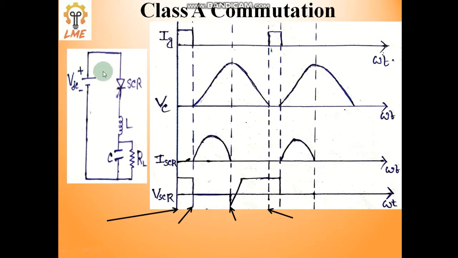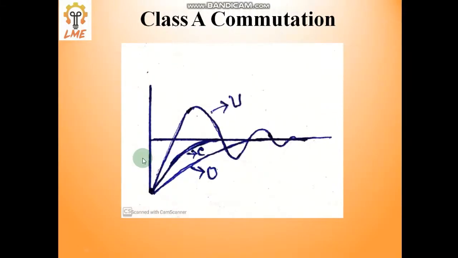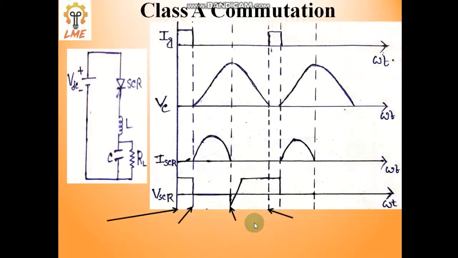So there we consider a DC supply, this is the SCR. Okay, and in here we are not considering the gate terminal circuit because we are assuming that there is a trigger firing circuit. We have already seen R firing, RC firing, that is over here. And there is an L and there is a C, and this is the load R. So this entire R, L, C should satisfy the condition that R square should be less than or equal to 4L by C, because that is the under damped condition.